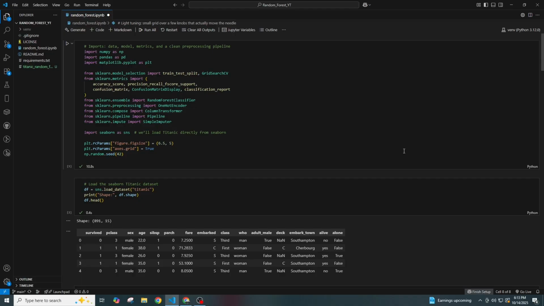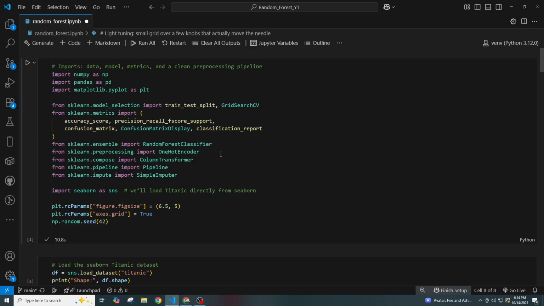can consider, max features. Forests work well out of the box on tabular data, handle nonlinear rules and interactions, and can report which features matter most. But they're slower and less interpretable than a single tree, and predicted probabilities may need calibration if you need precise scores. Today we're going to be training a random forest to predict who survives the Titanic using the famous Titanic